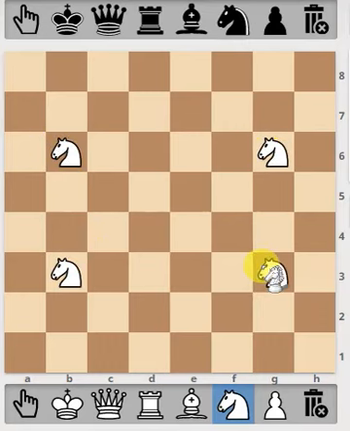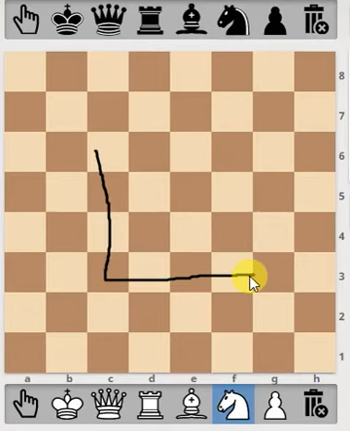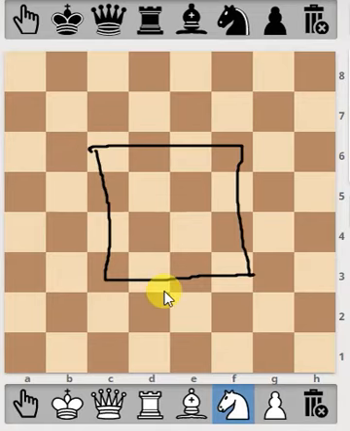All of them move to 6 squares. When the knight reaches these main central squares, called the extended center, it will move to 8 squares.